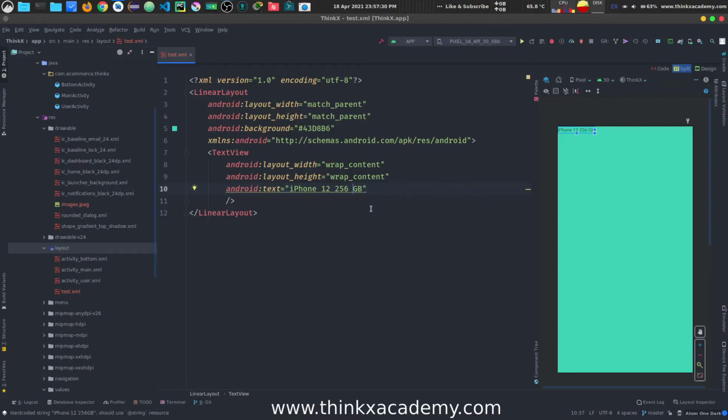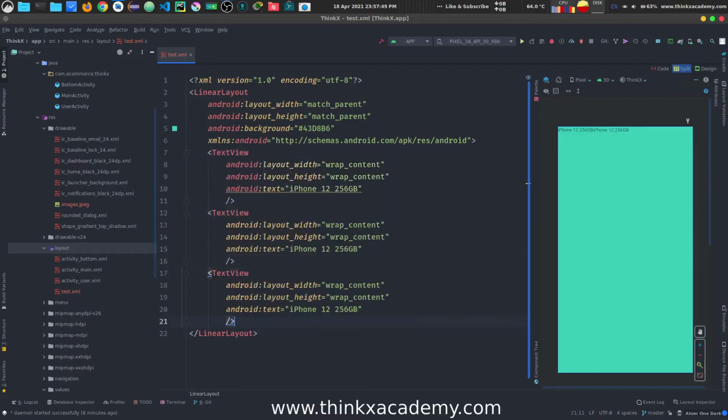So we are actually creating an e-commerce application. What we are going to do is create an element here, an entry which will show the item name and price and seller and all those stuff, right? So I'm just going to copy this text view, and I'm going to create two more text views here. Now here I have iPhone 12 256 gigabytes.